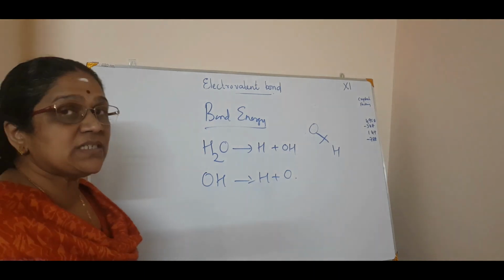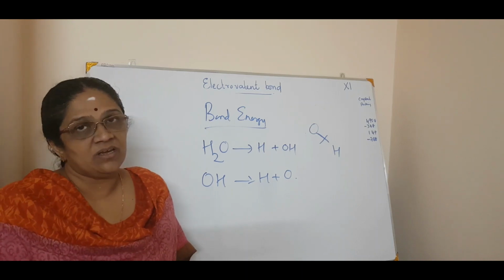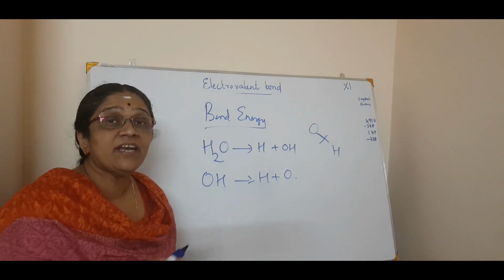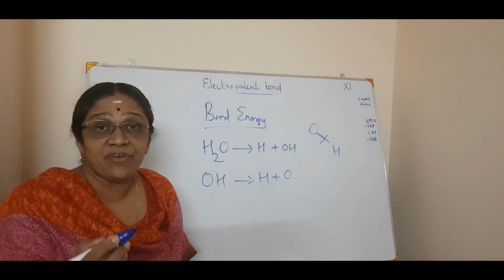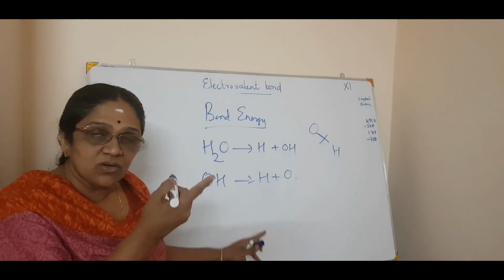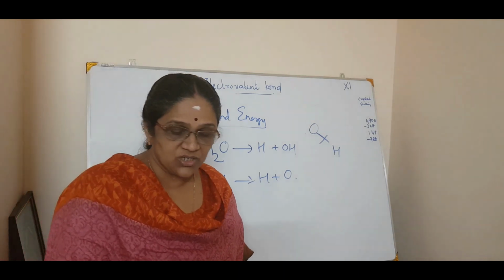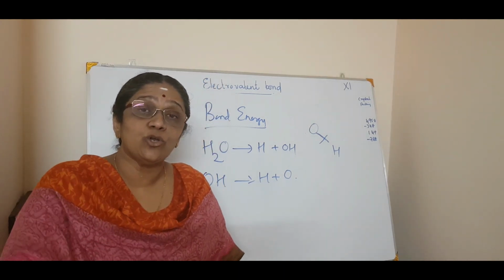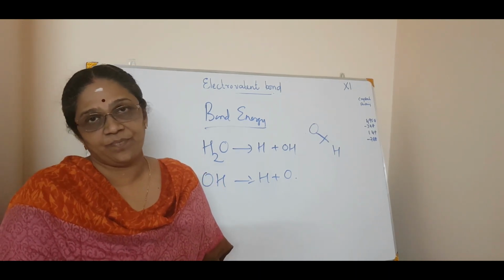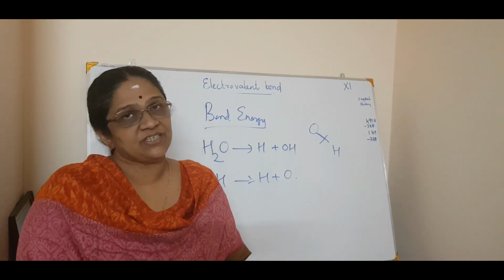So if there are two steps, the bond energy you have to calculate is the average bond energy. That means take the enthalpy of this step plus the enthalpy of this step, divided by 2, which gives you the average bond energy. If there are 3 steps, divide by 3. So it goes on like that. So we call it average bond energy. Okay, so hope you understood. So bond energy is the energy required to break a particular bond into its gaseous state. So greater the number of bonds, the bond energy will be greater.